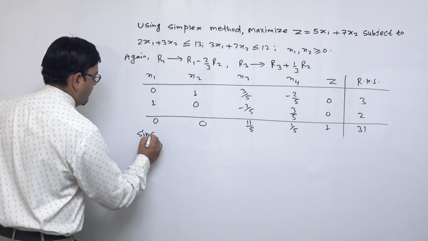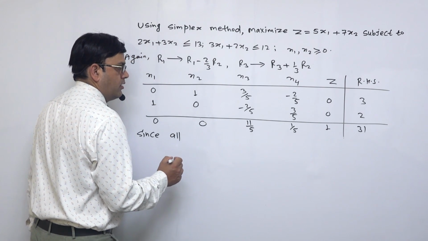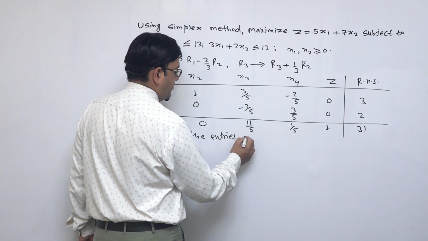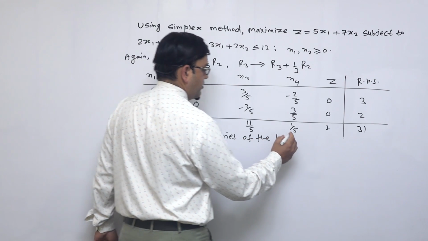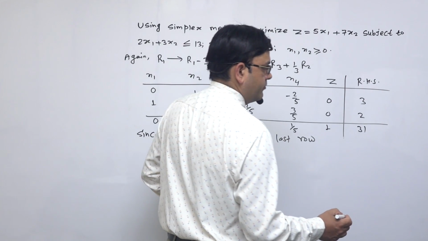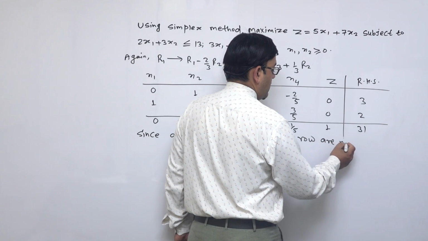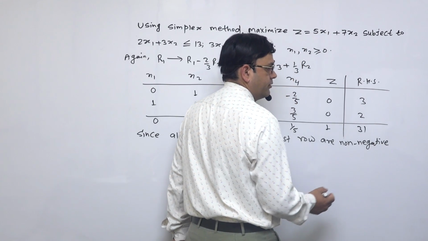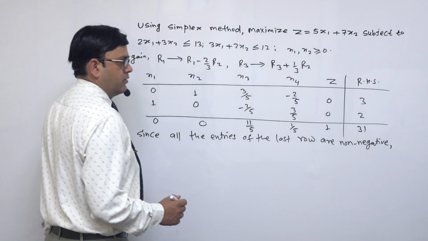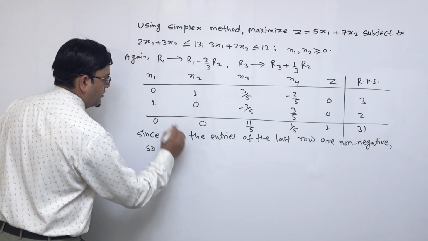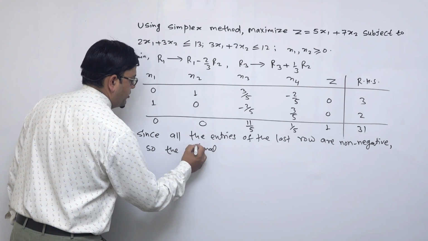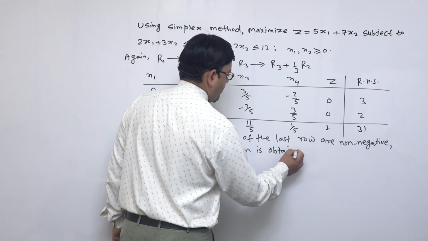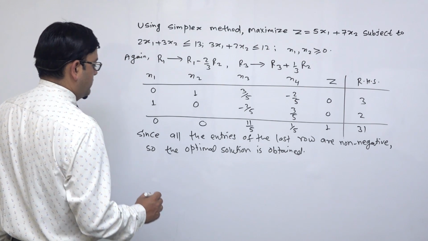Since all the entries of the last row are non-negative, so the optimal solution is obtained. Therefore,